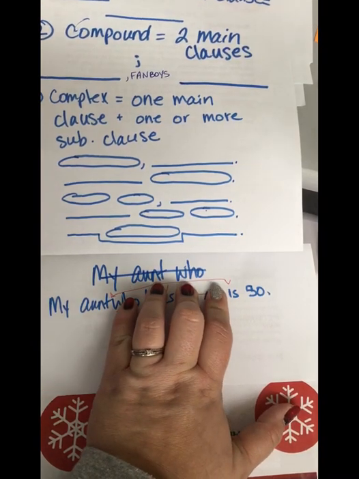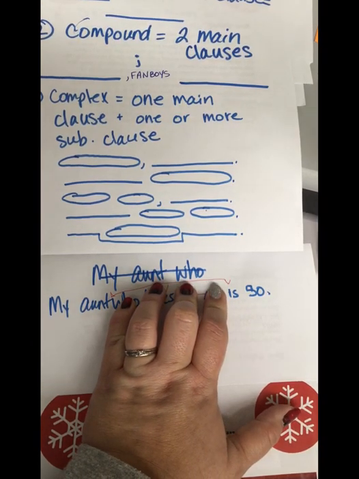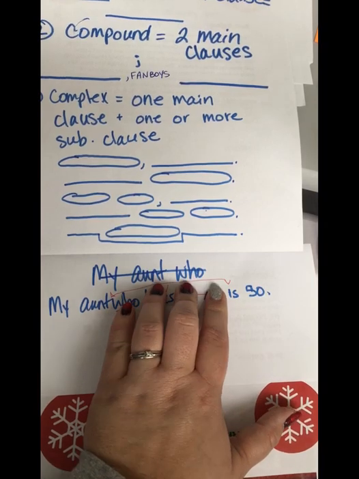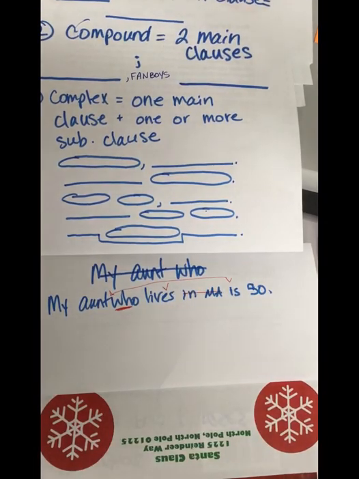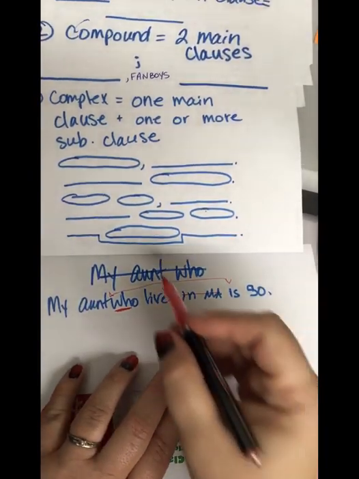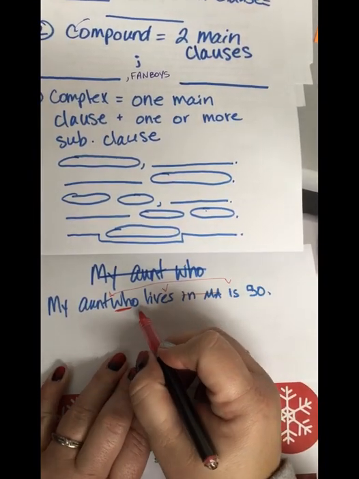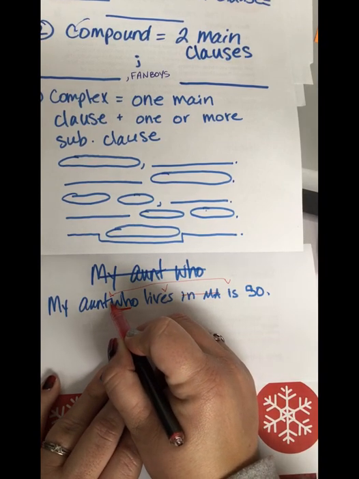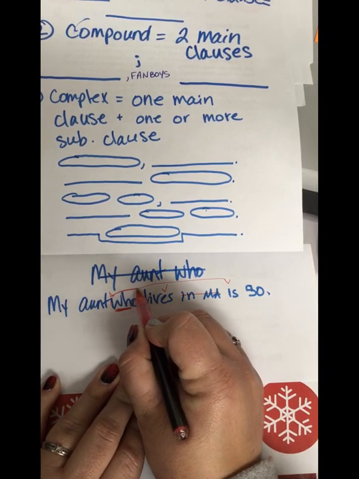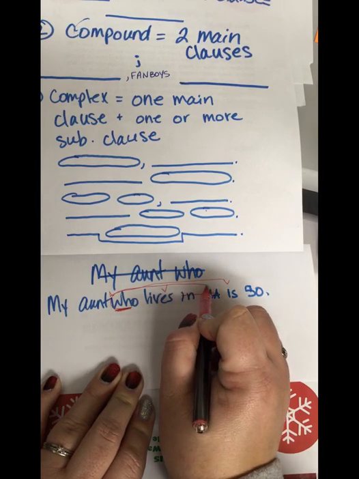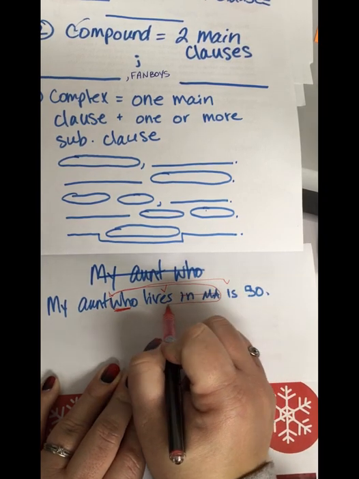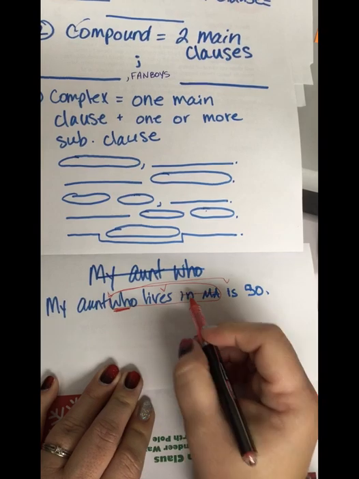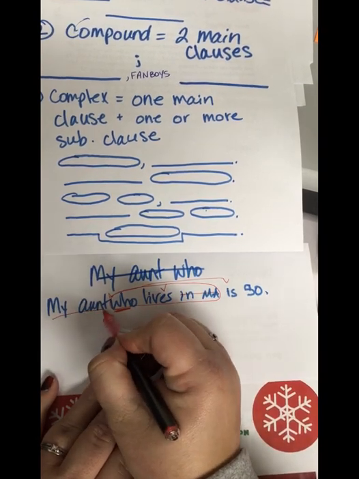Is that a complete sentence? Yes. So I have two complete sentences smushed into one. So the subordinate clause begins with the subordinator. So what will be circled here? Who, and then everything after it, or just? Who lives in Massachusetts. What's the main clause? My aunt